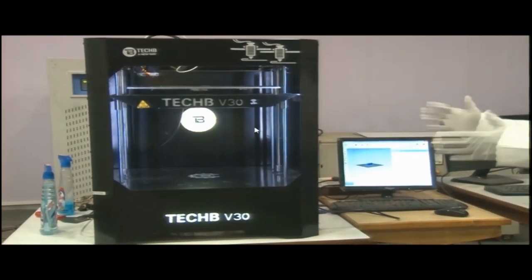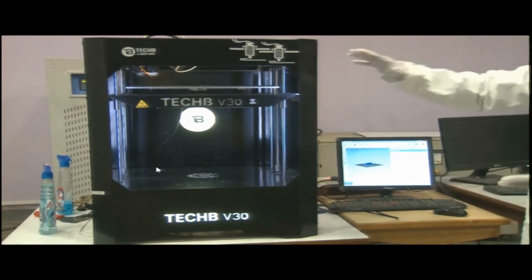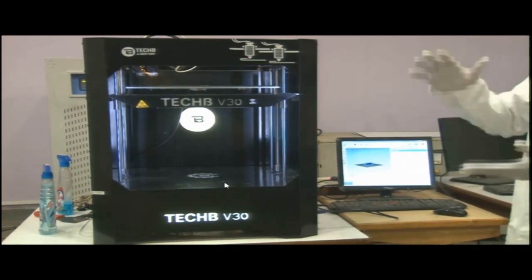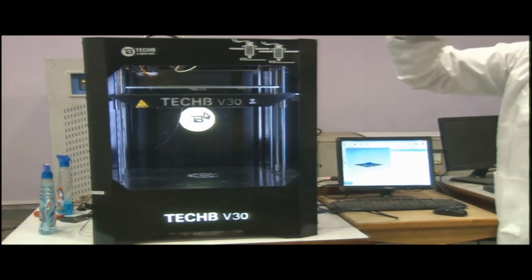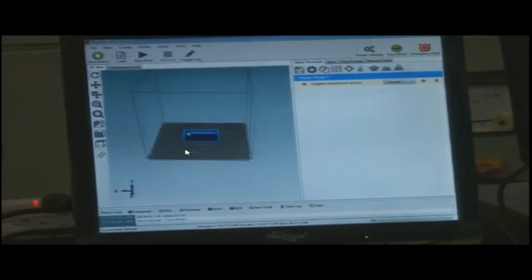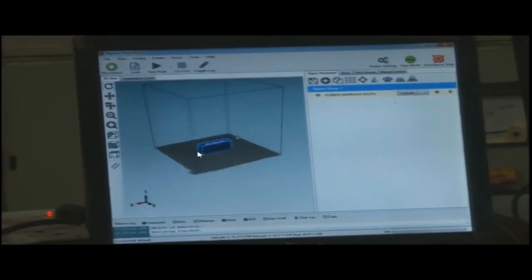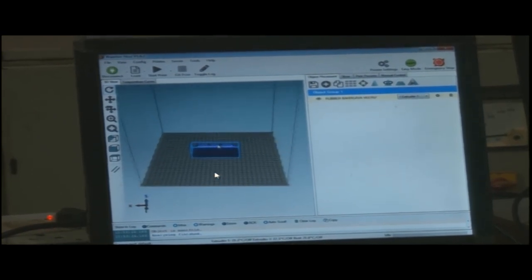The envelope size is this one. This area is 1 foot by 1 foot, or 1 square foot, and on this area the object would be manufactured. Actually this is our base plate where it is manufactured. This is our envelope that is displayed in the software.